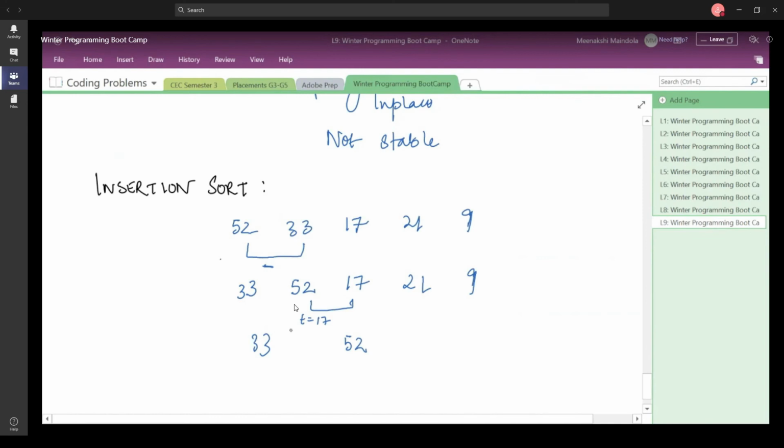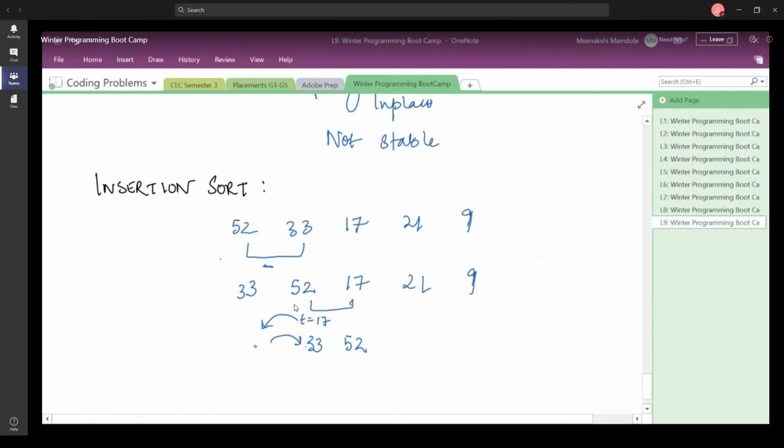This 17 is not copied here until it is first compared to the previous element. So first 17 is compared to 33. Again you understand that 17 is less than 33, so 33 should come here. You first copy 33 here, and then you place 17 from the temporary variable at its correct position.